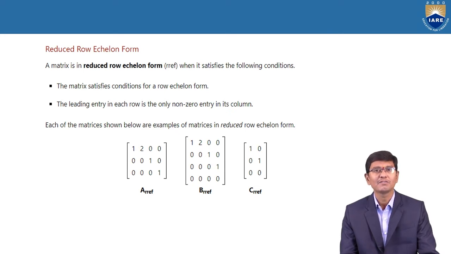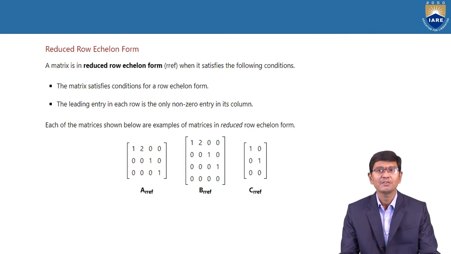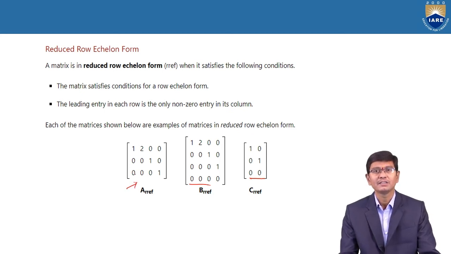These are some examples under the reduced row echelon form. In the first example, there are no zero rows. In the second, the middle example, zero rows are available. Therefore, we need to consider it as the last row. And in the third example also, there is a zero row. Therefore, it is also mentioned as the last row. But in the first example, there are no zero rows, therefore I am not considering a zero row.